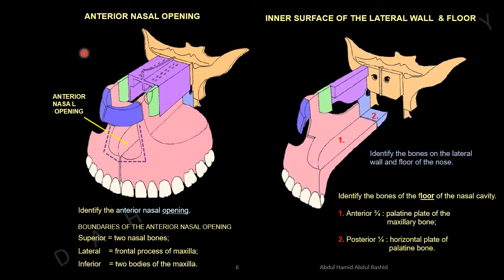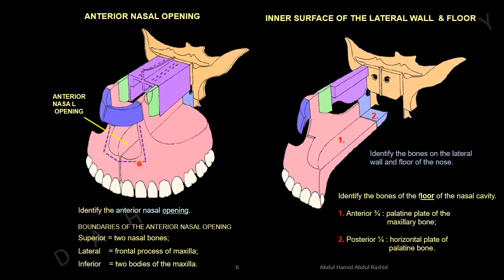In these slides, we have two diagrams. This one is showing the bones around the nasal cavity. Bones on the right side, bones on the left side, above and below the nasal cavity. This is the anterior nasal opening or anterior nasal aperture. The structures forming the boundaries of this anterior nasal aperture are above two nasal bones superiorly, on each side frontal